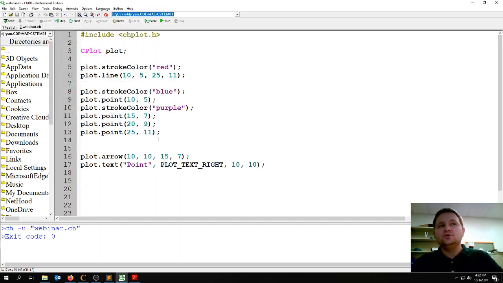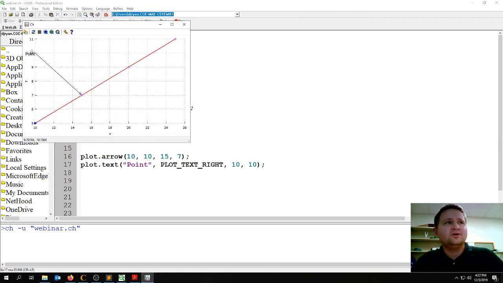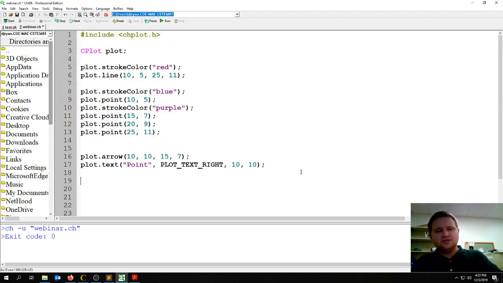So if I wanted to, say, move my axes off to the side a little bit, I can use another function to start to customize my graph just a little bit. So for example, my point label right here is going off to the side. So maybe I want to extend this off, let's say another 2 points off to the left. So I want this x-axis to go from, let's say, 8 all the way up to 26 looks probably pretty good. So what I can do is use another function called axis range,